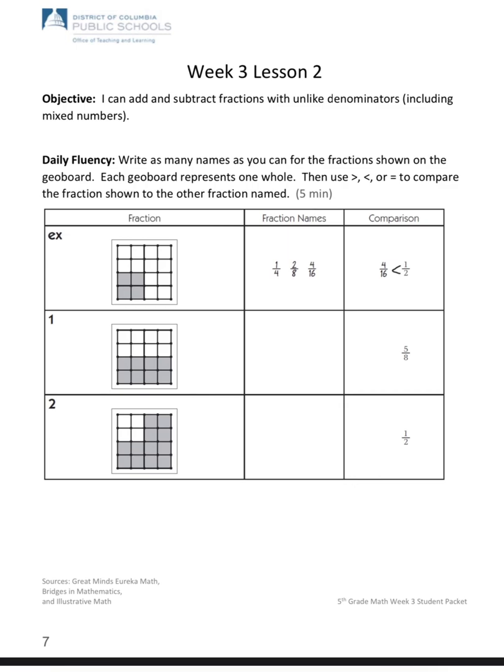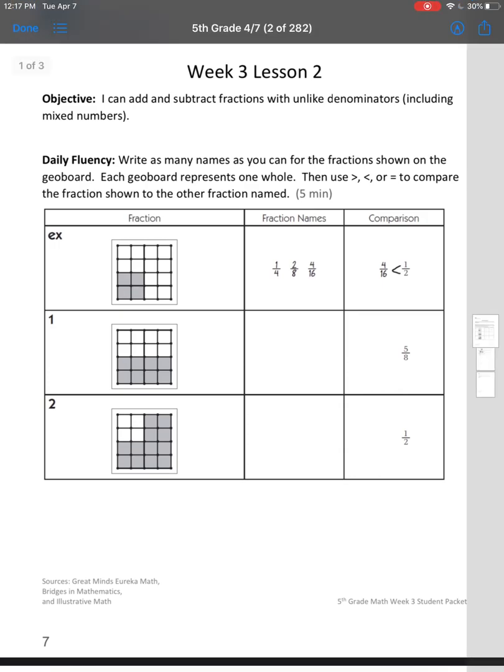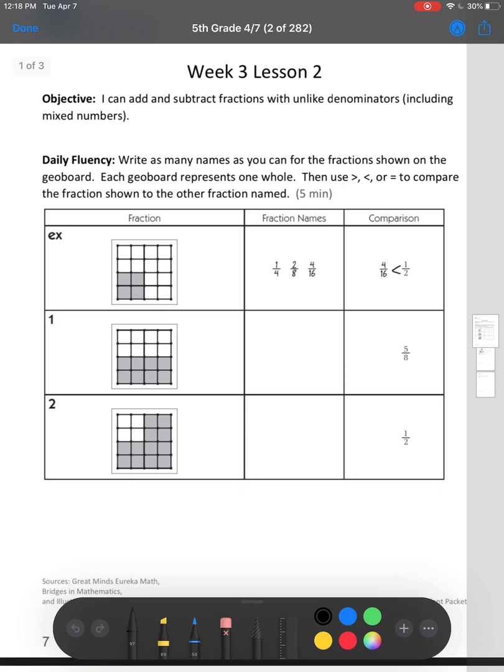It says, write as many names as you can for the fractions shown on the geoboard. Each geoboard represents one whole. Then use greater than, less than, or equal to compare the fraction shown to the other fraction named. I can see up here what they did first is